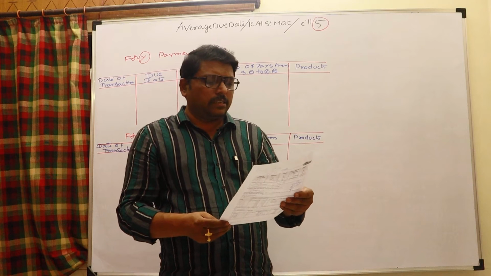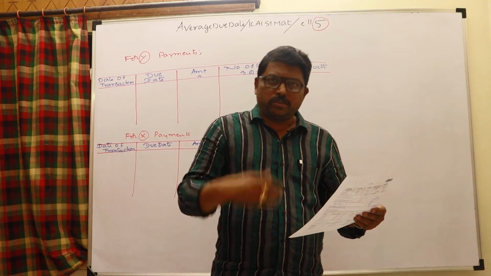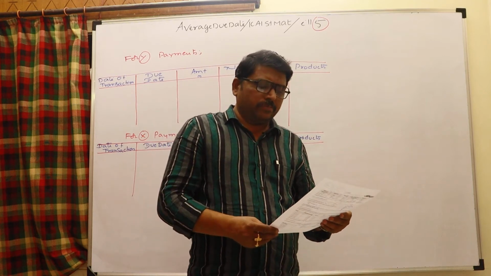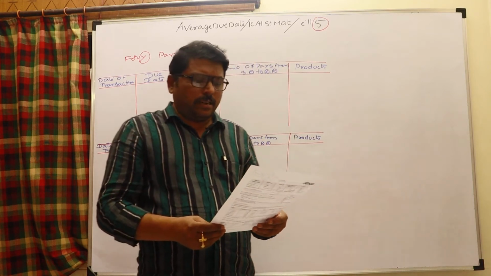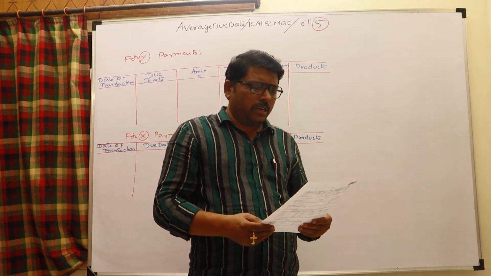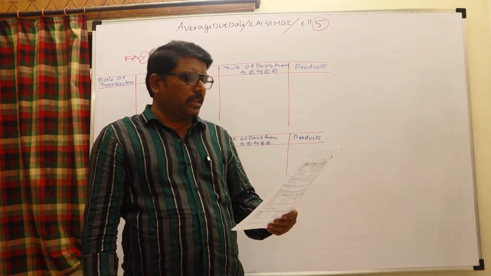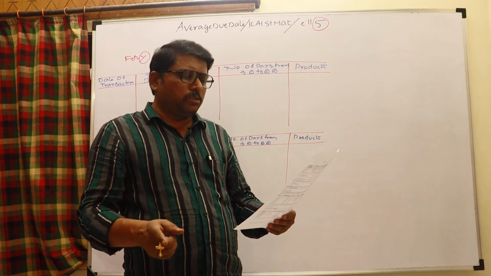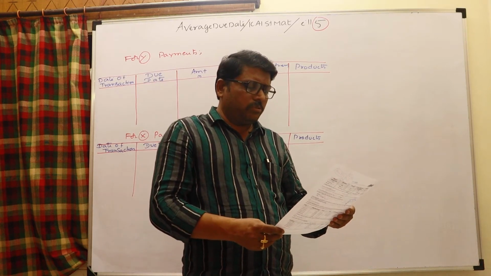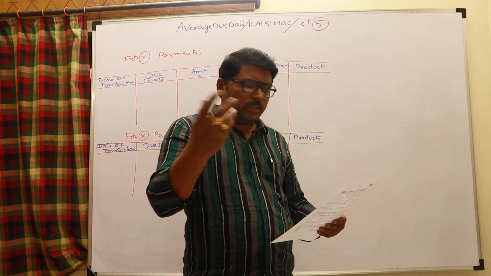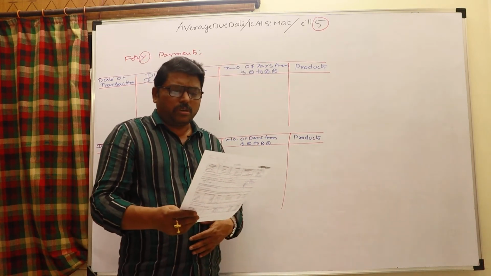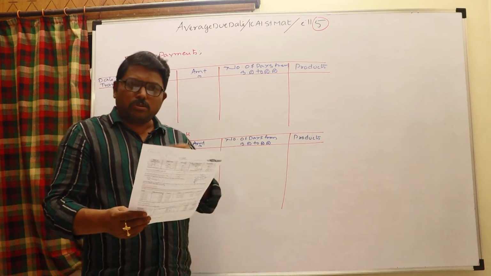Check it. There are two traders, X and Y. Goods are purchased from one another: X is purchasing from Y and X is also selling to Y. A 1 month credit period is there. At the end of the 3 months, the accounts rendered are as follows. You are given particulars like this: goods sold by X to Y, goods sold by Y to X. Dates are given: April 18, May 15, June 17, and for Y to X, two transactions are given. Calculate the date upon which the balance amount should be paid.